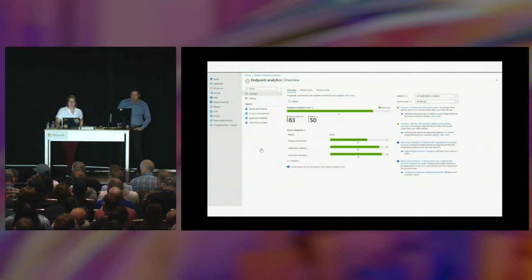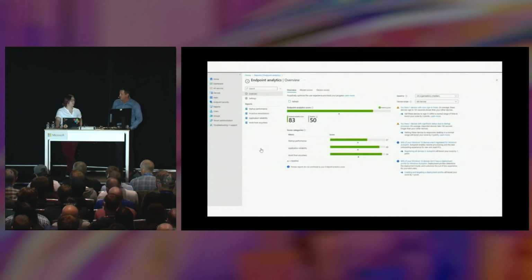Just from the overview page, we can see that we have our Endpoint Analytics score compared to a baseline. The baseline score is an average of all enterprises, and that's the default one. However, you can also create additional baseline scores based on your metrics, should you want to watch your progress over time. Additionally, we have more information into the score categories. That's a quick overview, as well as the baselines. And on the right-hand side, you can see we have a number of insights and recommendations, which are there to help give you a quick overview of things that you can change, things that might be causing problems in your